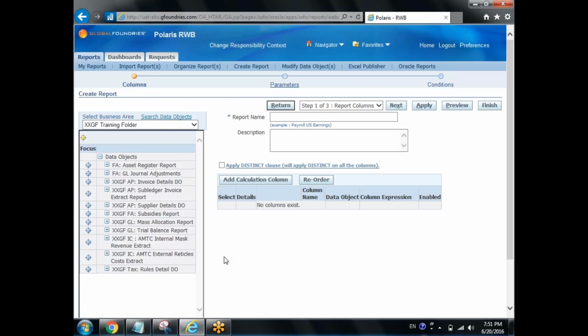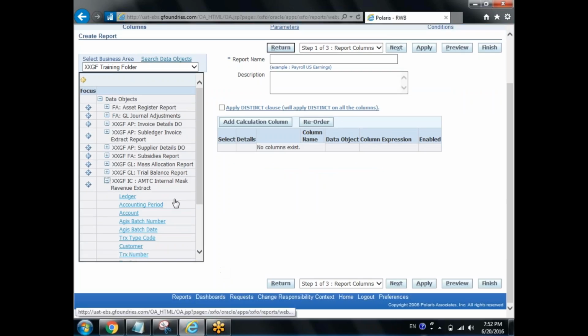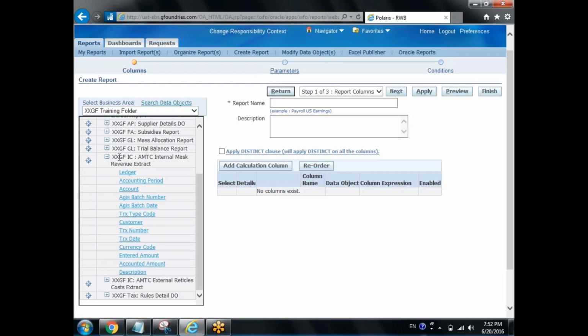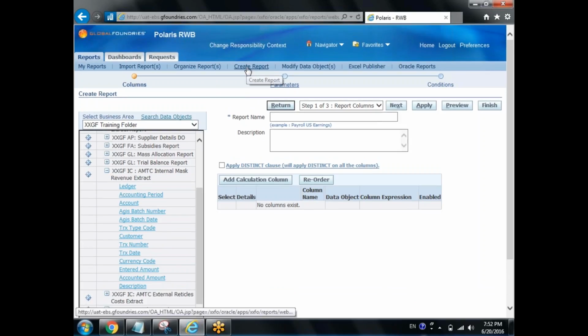Now, you have a specific requirement that every month you are running a report, your column requirements would change, your data parameter requirements would change. So how will you manage that requirement? So let's say you have this report, you want to create a report on top of that. What you will do is you will log in as your account, and you will have your IC responsibility. You will choose a folder in which these data objects are defined. And the next thing you will do is come to the